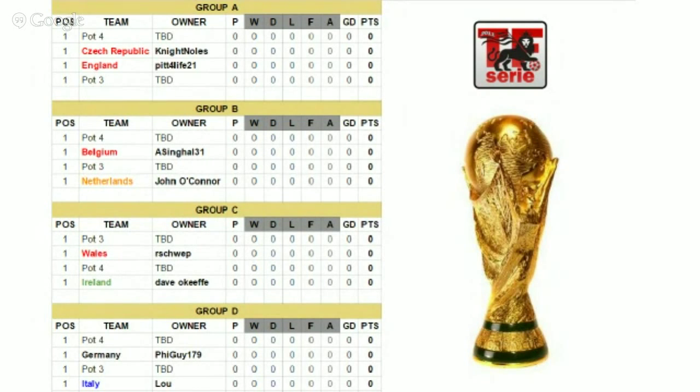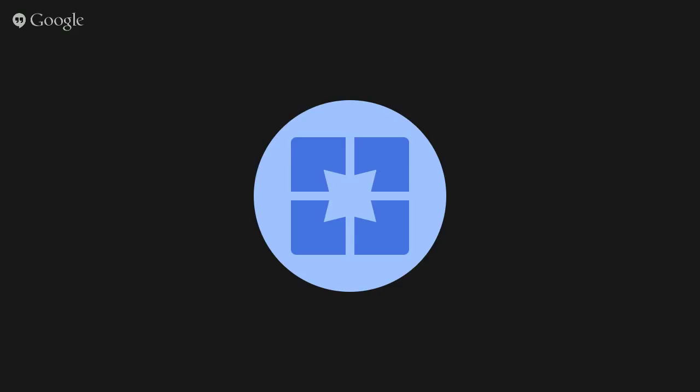Correct. Group D, we got Uruguay, led by Broncos 218. Bronk, your first thoughts here looking at your draw. Guy and Lou, Germany and Italy, 2 teams that have won the real World Cup over the past 3 iterations. What are your initial reactions to that trio? Well, I think Italy is one of the World Cup favorites,